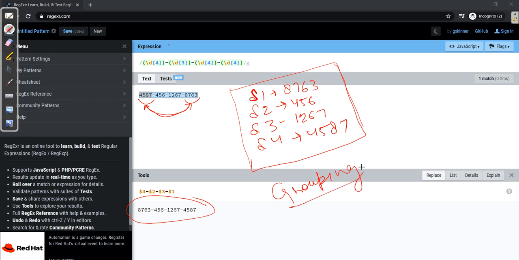As we have seen, it is helping in so many fields. Many regular expression engines allow us to use the $ sign to refer to those capture groups. Some of them use a backslash. So if the $ sign doesn't work for you, you might also try a backslash in front of the number and see if that works. Now we know how to use groups to apply repetition operators and to capture for finding and replacing. So the next thing, we will learn how to use them for alternation.